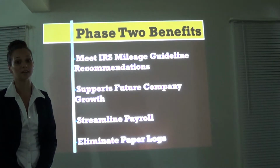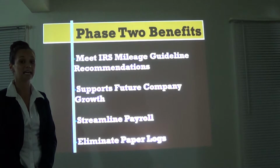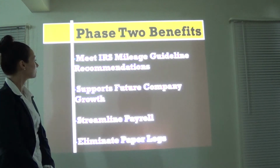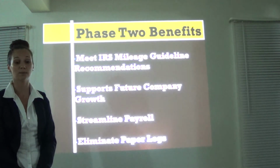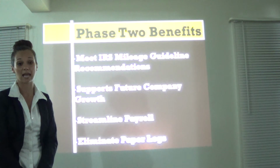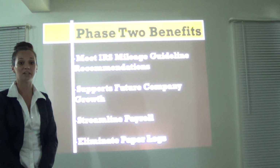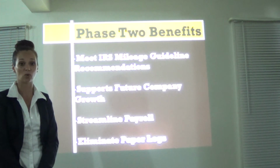Now, the benefits for this phase include that it will also meet the IRS mileage guidelines, as it will also include the areas such as starting and stopping odometer readings. It supports future company growth, as it will be much more accommodating as the company grows with the addition of new employees or the addition of clients and the number of job sites that are currently being worked on. Payroll will be streamlined as everything will be electronically sent directly to the office. We'll not have to wait for employees, and